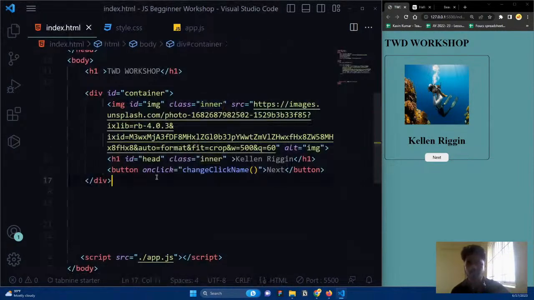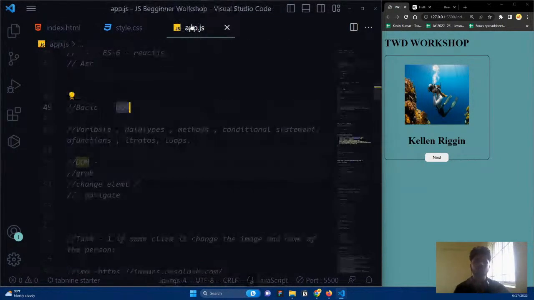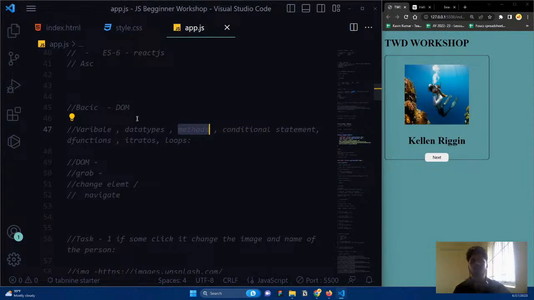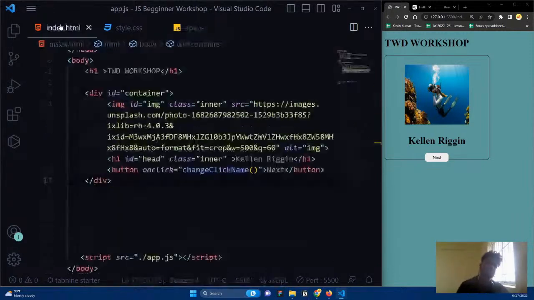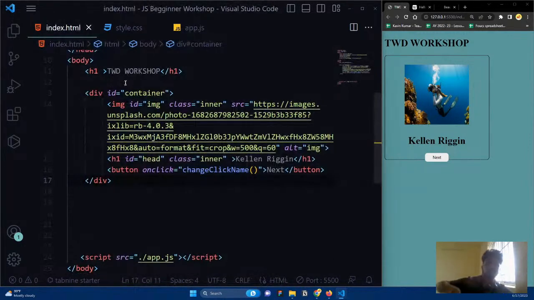So now my work is we're going to discuss two things. One is the method. We're going to discuss this method, and then we're going to discuss how to change, or manipulate, the CSS. So what I'm going to do,